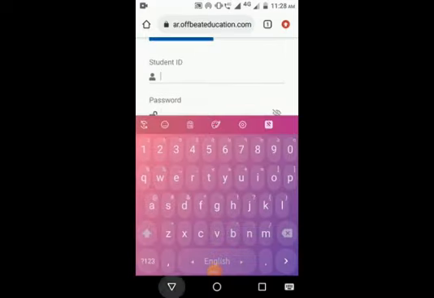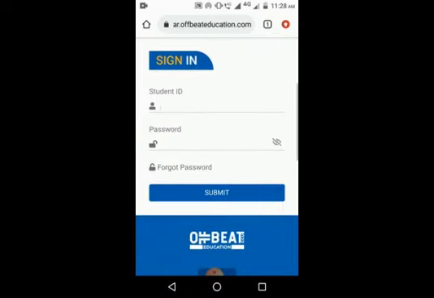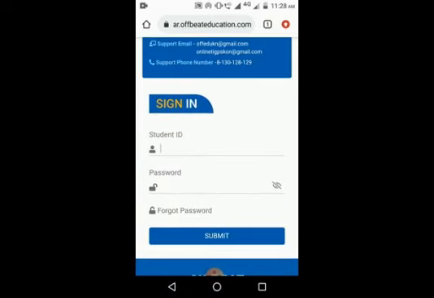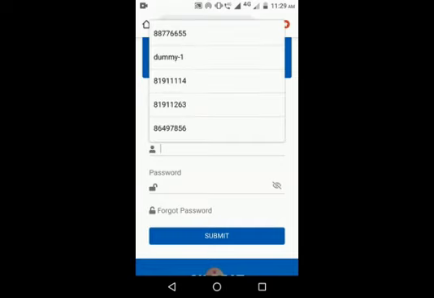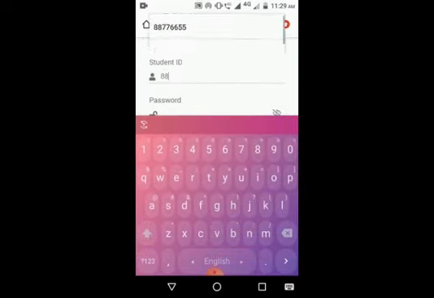Student ID: all of you already got the student ID from your class teacher. Whenever you are typing your student ID, make sure that you are writing your own student ID, not any other student's UID. Our student ID is an 8-digit number and it starts with 8. So we have to write our student ID in the place of student ID. I am writing my student ID, that is